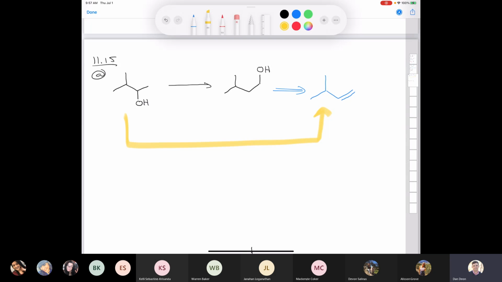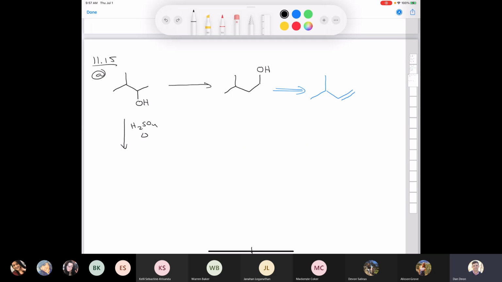Can anybody suggest some place to start here? Just what might be a good set of reaction conditions to kick the whole thing off? Because the hydroxyl is not a good leaving group. If we were to just treat that with concentrated acid, if we just treated this with sulfuric acid and we heated it up, that would make the Zaitsev alkene, which isn't what we want. So that wouldn't be very helpful for us, would it? So I think a better option would be,